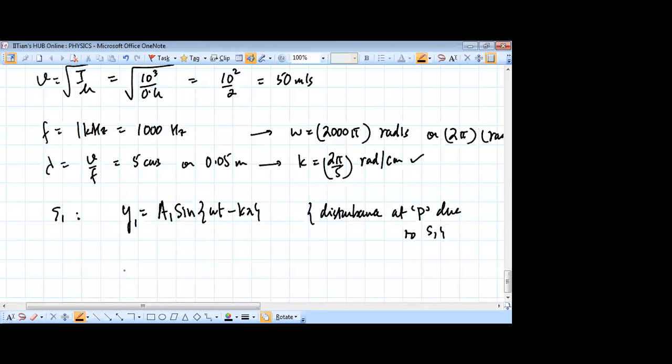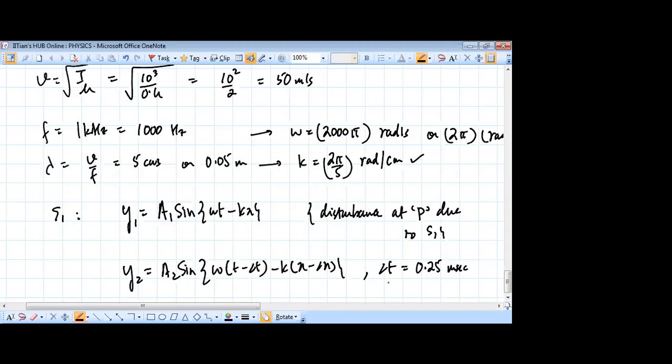But y2 on the other hand will become E2 sine omega t minus delta t, because it started with a delay. And it's traveled a distance x minus delta x like this, because the delta t is equal to the time delay which was given,